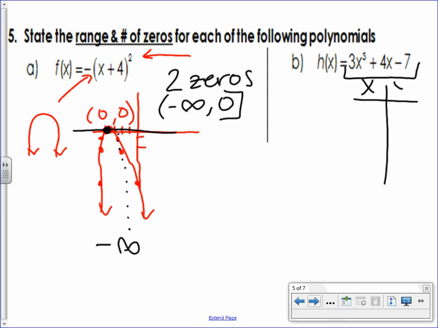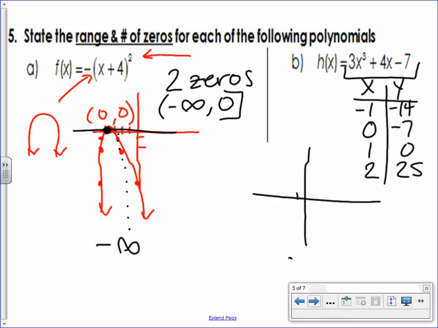So my x and y values, let's see, if I go to negative 1, I got negative 14. If I go to 0, I got negative 7. 1, 0. 2, 25. Okay, so it's getting up big and it's getting up quickly. So this graph, if I had to sketch it,